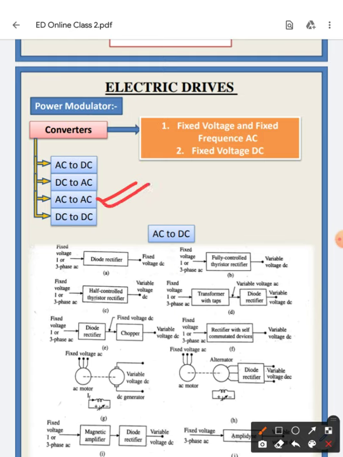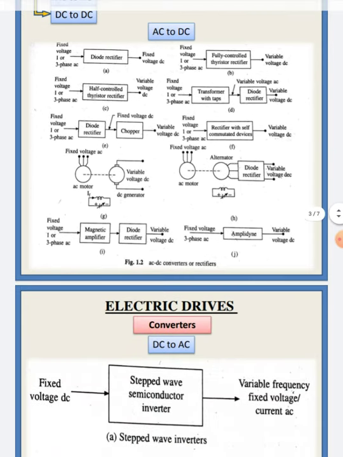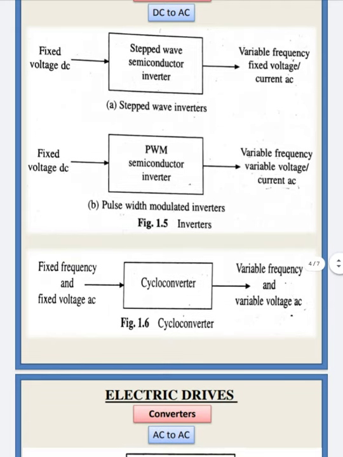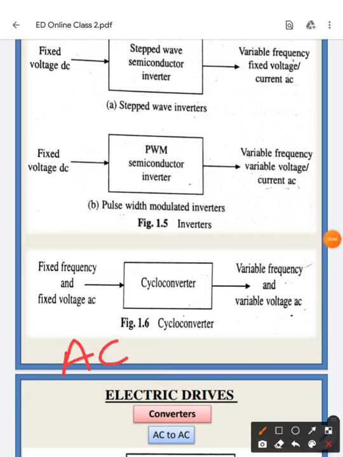This part is your AC to AC converter, and the cycloconverter is a device which also comes under AC to AC converters. Next class we will discuss the function of the cycloconverter and how it helps convert AC into variable AC, right? In a simple AC to AC converter, we can change the input AC voltage to different values of output AC voltage without changing the frequency.